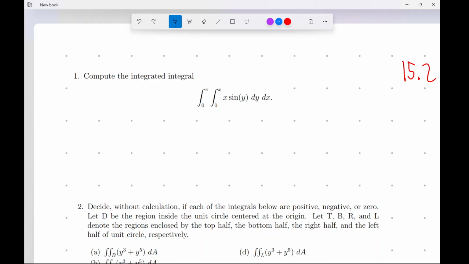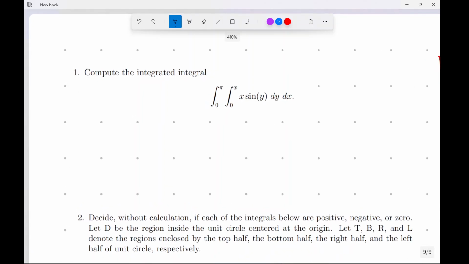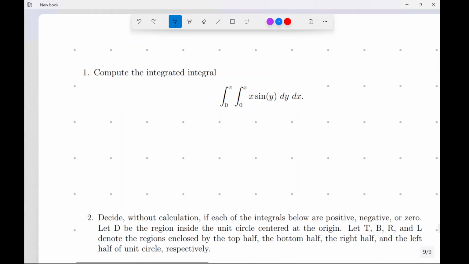And so we can try to swap the order, because I'm realizing when we integrate the sine, we'll have a cosine of x term, and then we'd have to do integration by parts. Whereas if we integrated with respect to x first, actually I think we would probably still have an integration by parts. Okay, so I don't think the order of integration is going to change this problem too much, so let's just integrate it directly. This is integral from 0 to pi, and then integral of sine of y is negative